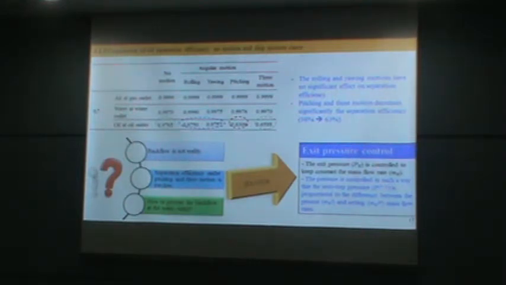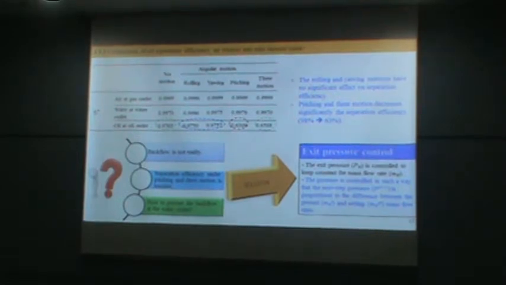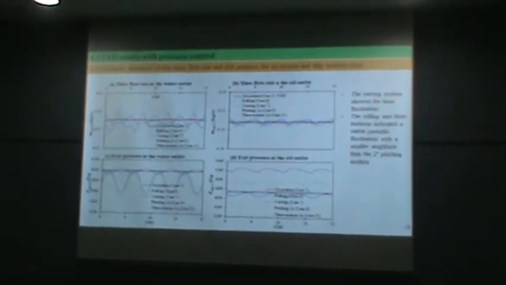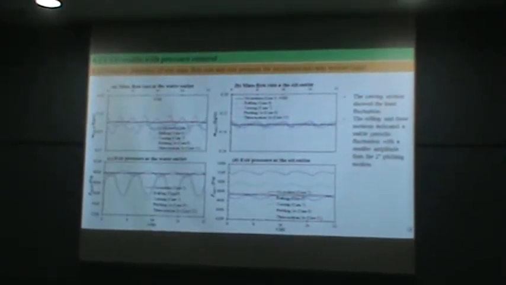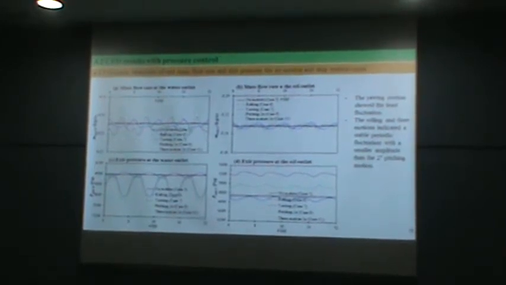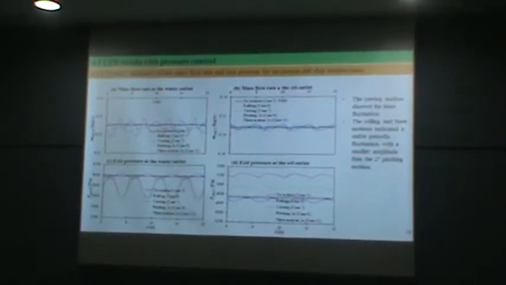So here is the solution. The solution is outlet pressure control, and as I mentioned before, the outlet pressure is controlled to keep the mass flow rate constant. Here is the result for the CFD result with pressure control. This figure shows the dynamic behavior of outlet mass flow rate and outlet pressure for no-motion case and